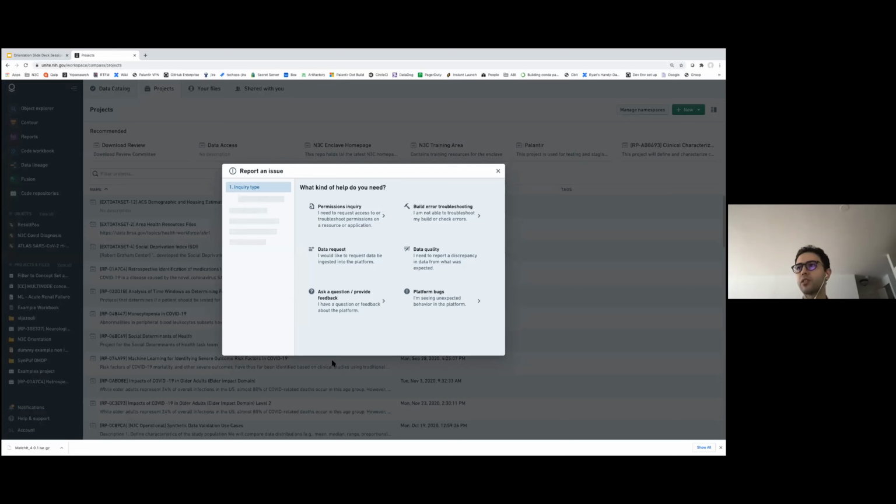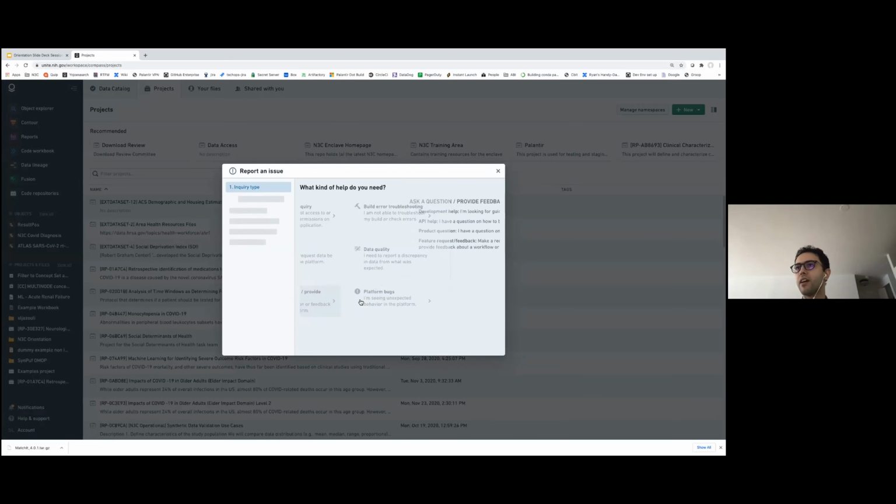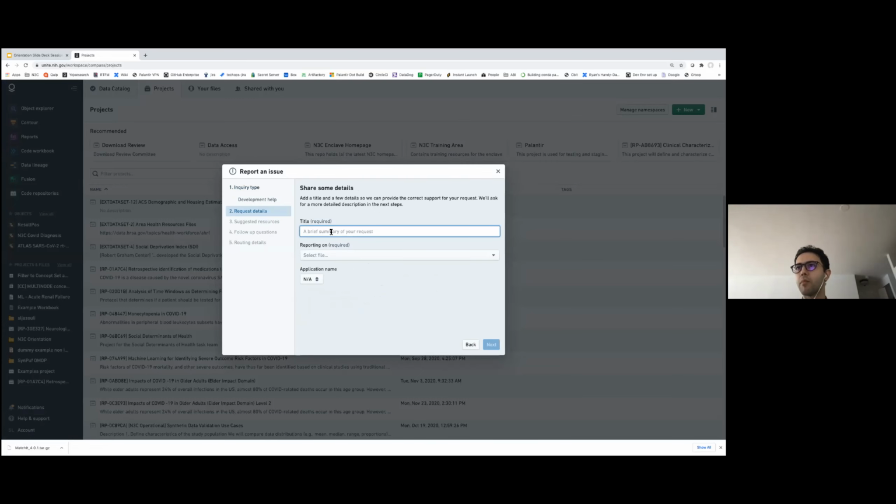The support ticket could be either to report a bug, a build error, or if you have a question about a tool or specific data, you can click on it here and say, for example, I need development help, and provide the title and description and report on a specific resource that you're working on. And this will help us get back to you and investigate your question or your issue.